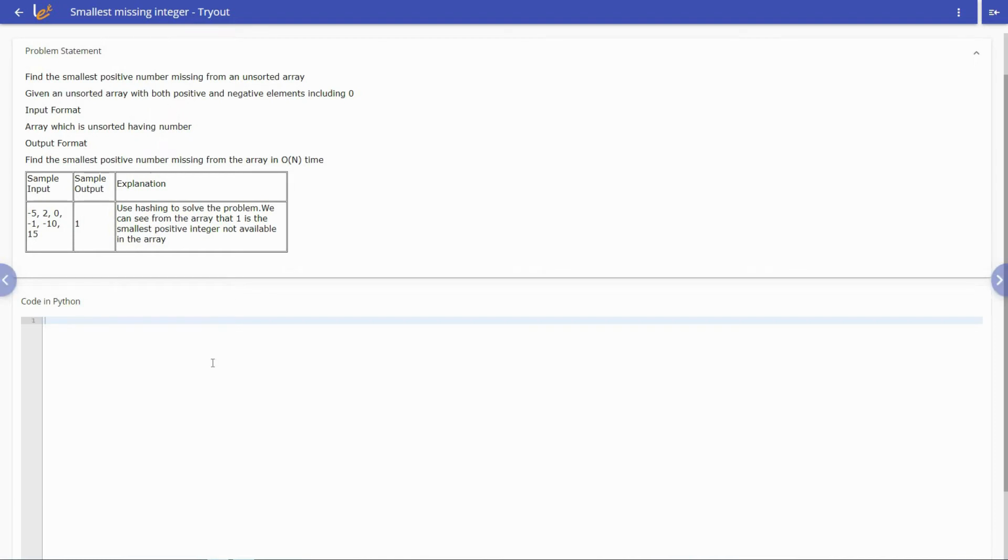Hi friends, today we are given a problem of solving the smallest missing integer. The given problem statement states: find the smallest positive number missing from an unsorted array. The array has both positive and negative elements including 0, and the input could contain any numbers, negative and positive. We have to find the smallest positive missing number from the array, which should be greater than